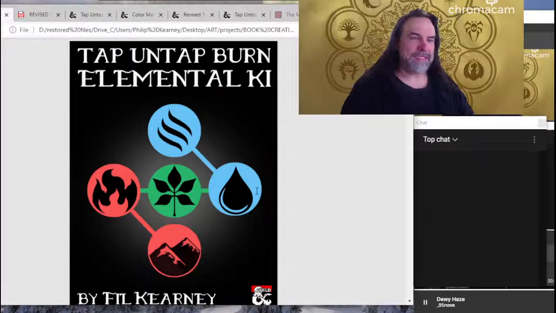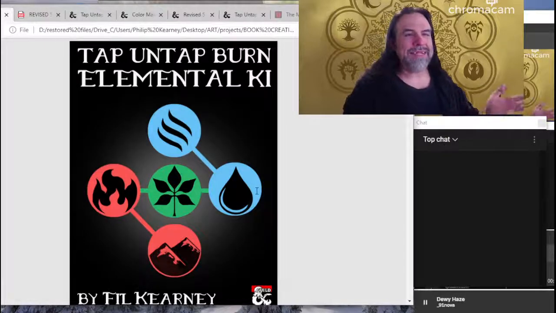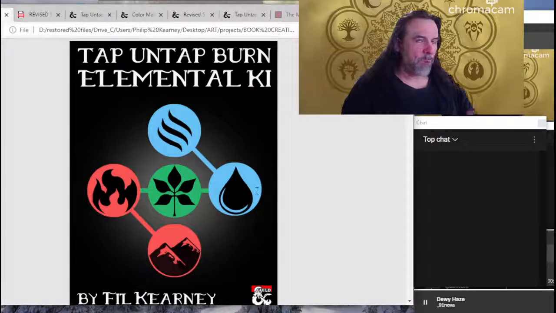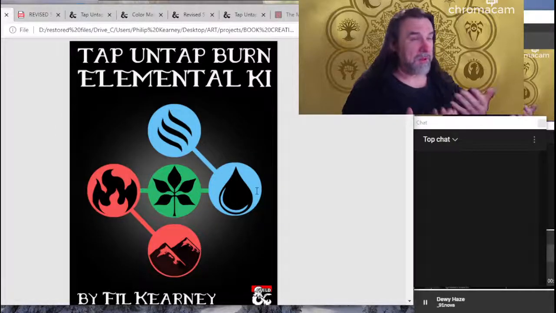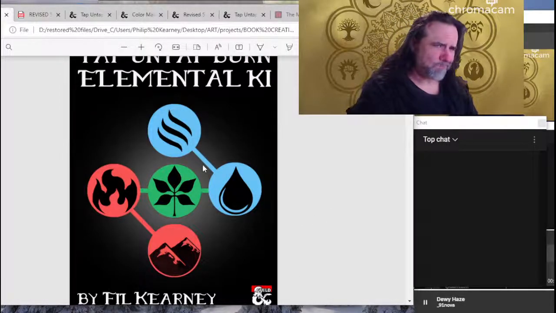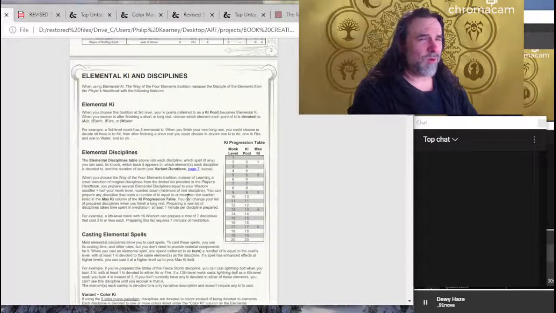It's easy to encapsulate what each of the elements means. Air means air, if it's air related, or if you're somehow relating the discipline to an air effect, then it's going to be air magic. Or if it's water related, then it's obviously going to be water magic, et cetera. Stone shape, that's an earth magic spell. Move earth, earth magic spell. Fireball, fire magic. It's really straightforward.